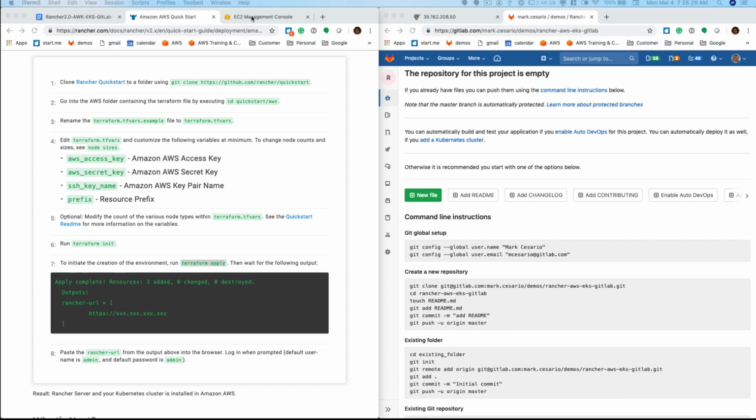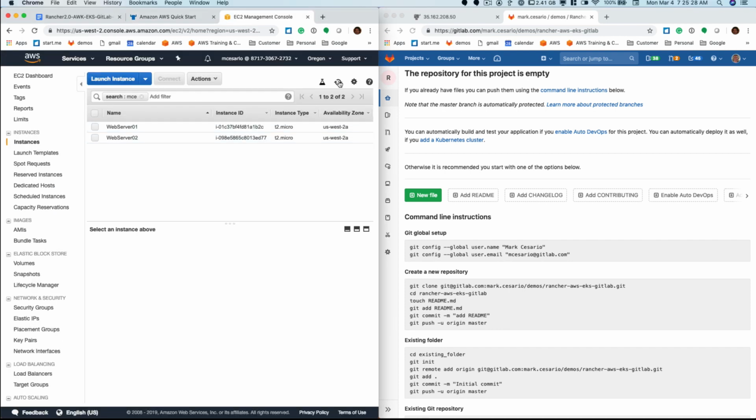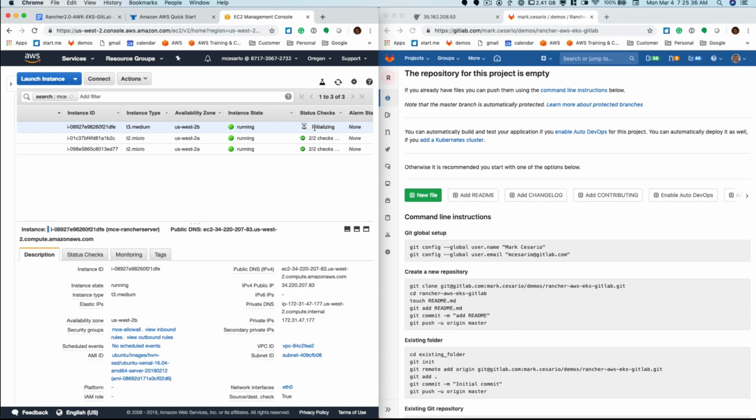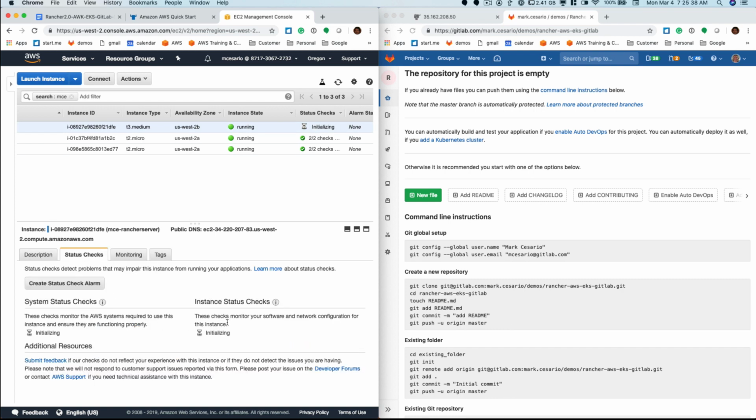So let's go over to AWS now, and we'll just refresh this. And we'll see we now have the Rancher server coming up. More real estate. It says it's running, but in reality it's still initializing. So we're looking for a status check where these two are green. Once they're green, we'll be able to go in and bring up and look at that